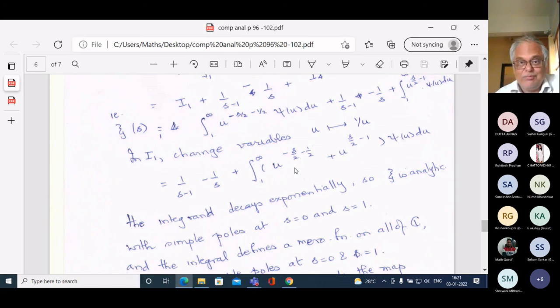I'm just telling you this, but you should take a piece of paper and a pen or a pencil, and convince yourself that the first term becomes the second term, and the second becomes the first. The third term becomes the fourth term, and the fourth term becomes the third term when you change s to 1 minus s. And therefore, zeta of s is zeta of 1 minus s.